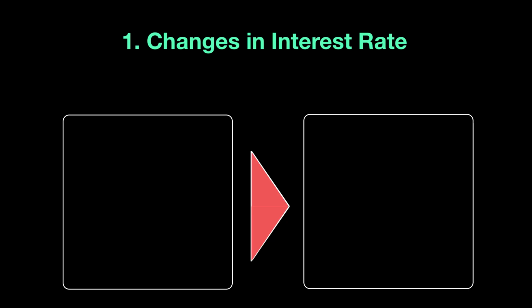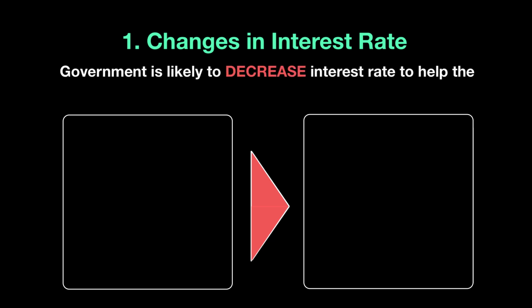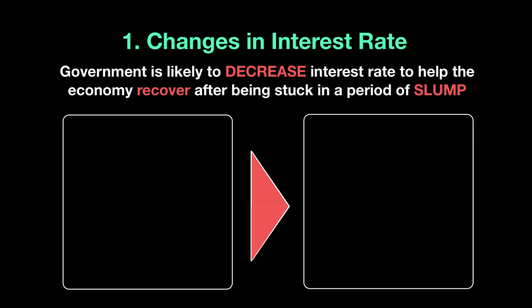Now, what follows slump? You will remember it's a period of recovery, and you want to get there as soon as possible. You want to recover, you want to bring back the aggregate demand in the economy, the confidence in the business, and all the things that come with it. So during a period of slump, when you're at the lowest point in terms of your GDP, the government will look to decrease the interest rate to make sure that the economy goes into its recovery period after being stuck in a slump for a long time. Remember, a decrease in the interest rate to get the country out of the slump more quickly.